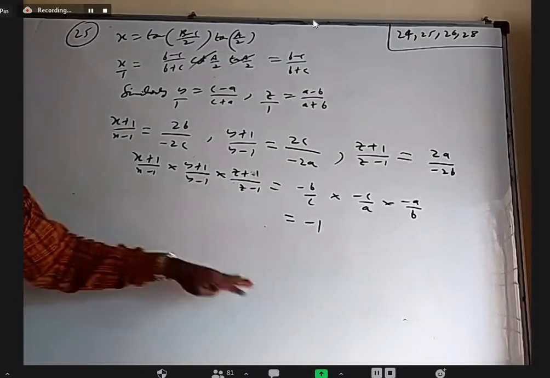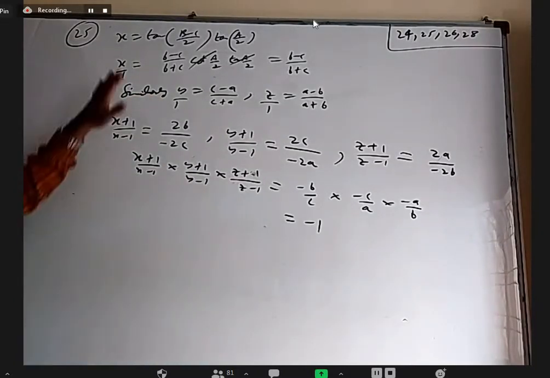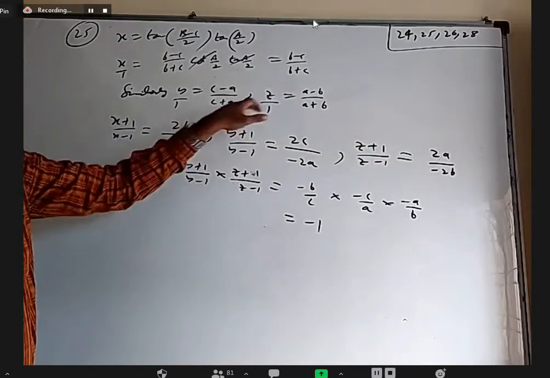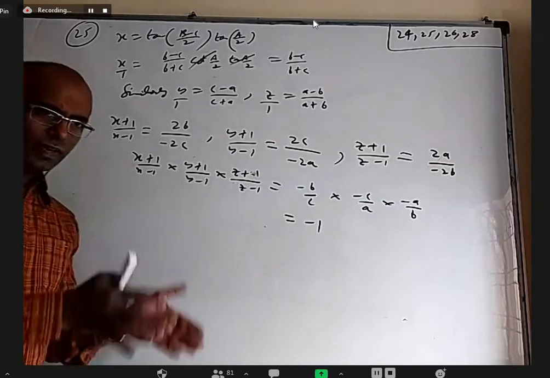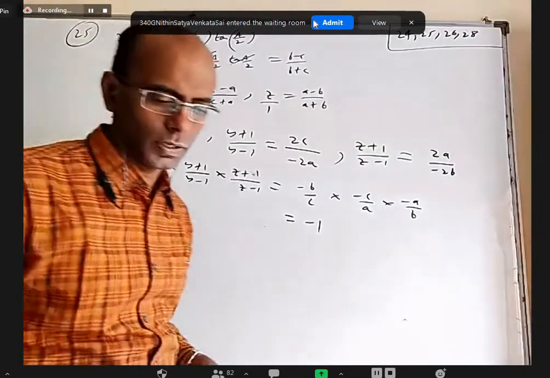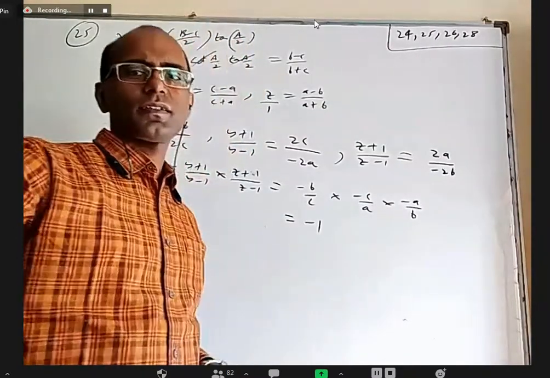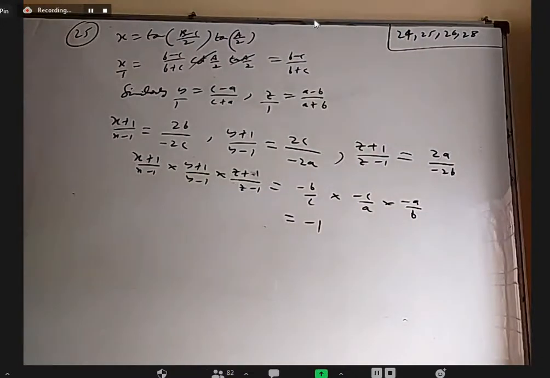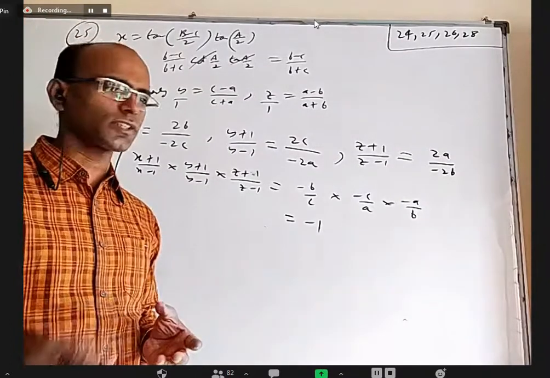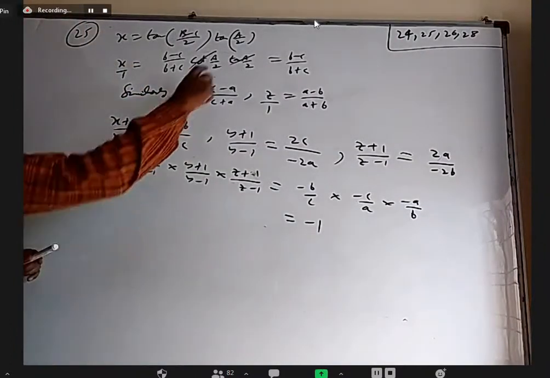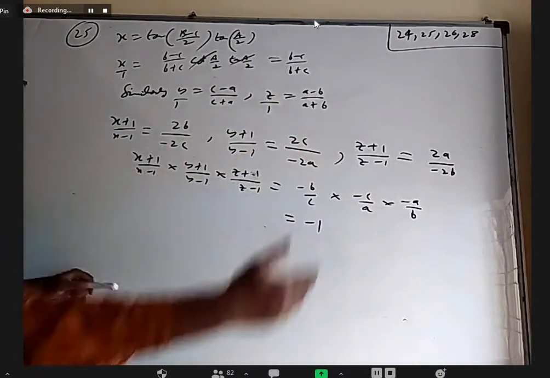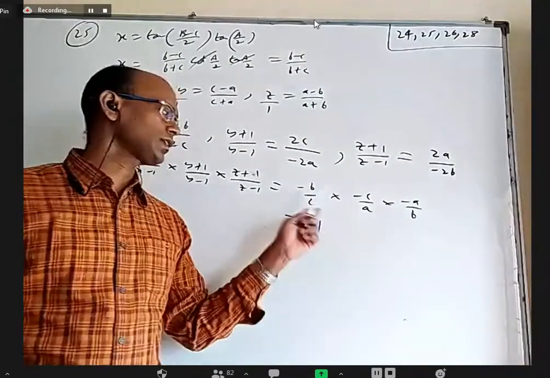Okay. So for the first thing in the 25th question is x. Just by looking at this, you can understand if I use tangent rule, at least x became this. Similarly, y and similarly z. You can really find x plus y plus z separately, x into y into z separately. You may be able to find they're equal or one is negative of the other. That is one method. Another method, you can take x, y, z some numbers. Apart from that, one more method is basically you have to eliminate a, b, c and somehow find an algebraic relation between x, y, z. So I applied componendo dividendo for x by 1 ratio equal to this, similarly this ratio, similarly this. And I multiplied all the three ratios. You can see c got cancelled, a got cancelled, b got cancelled.